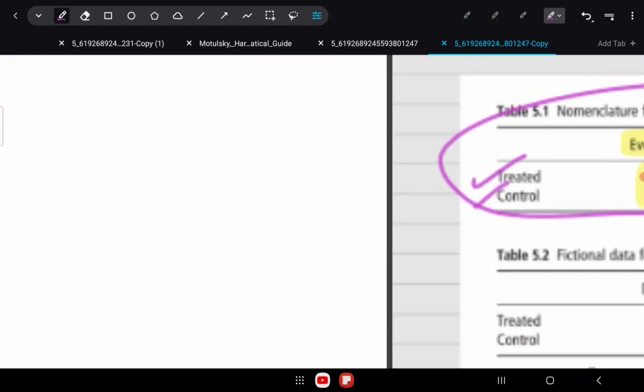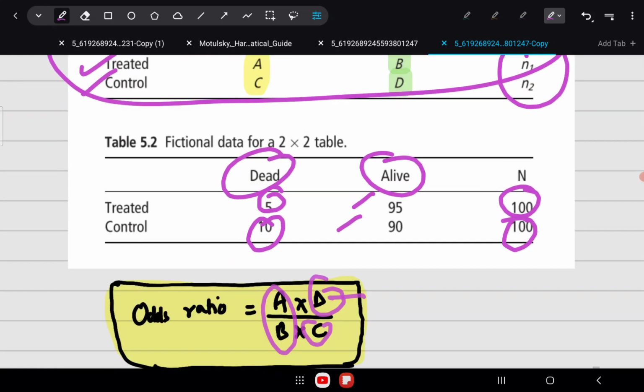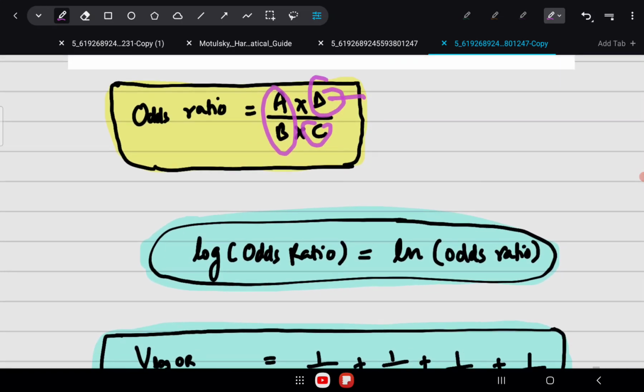Right. Now that I've computed the odds ratio, I unfortunately cannot compute the summary effect in terms of odds ratio. This is the only difference that I want you to know: when you have the effect size in terms of ratio, or even in the case of correlation coefficient, which we'll come to in the third exercise, the summary effect has to be computed in the logarithmic form only.